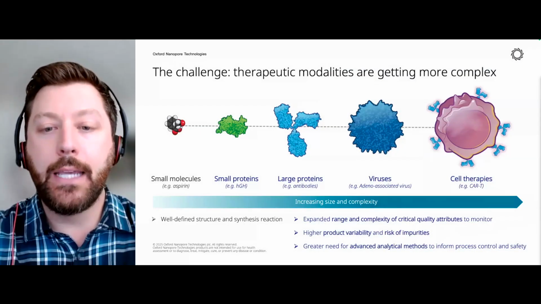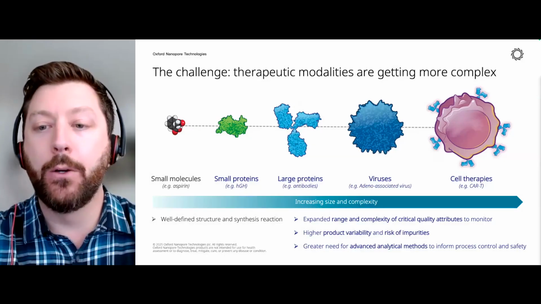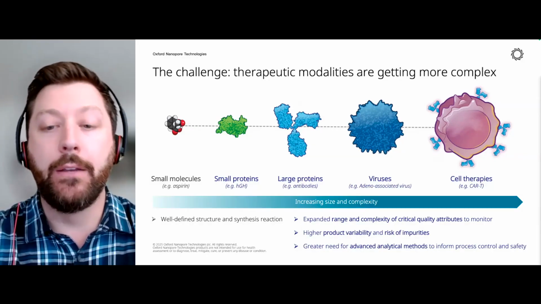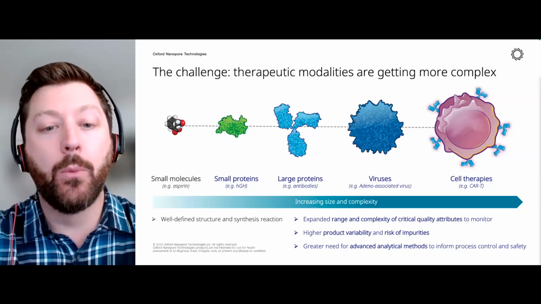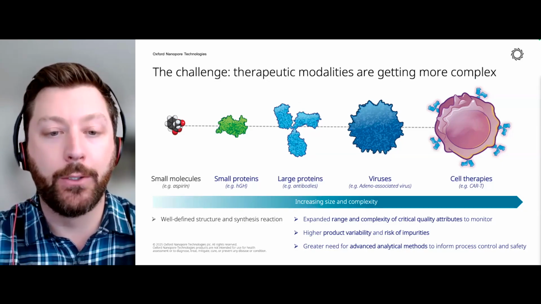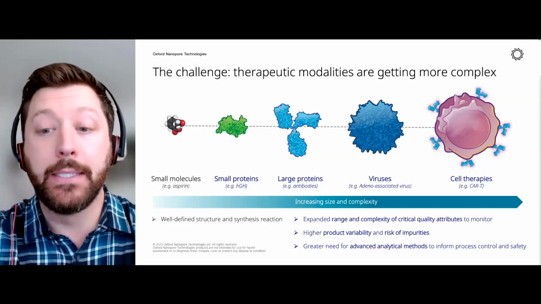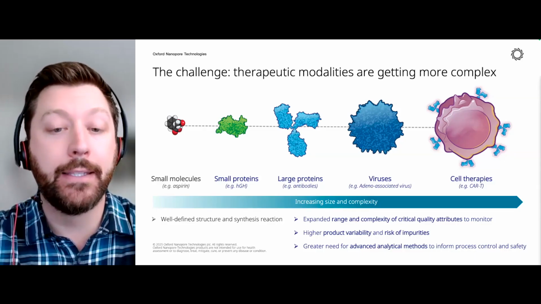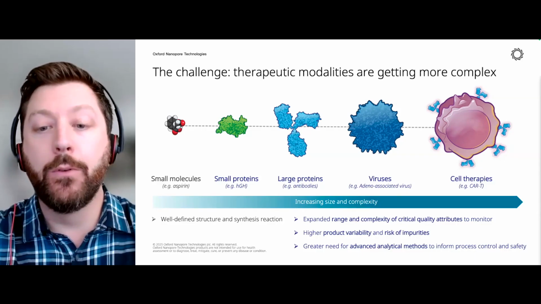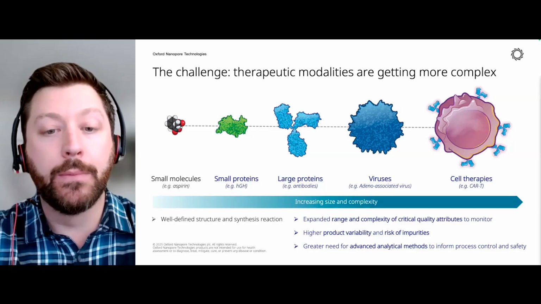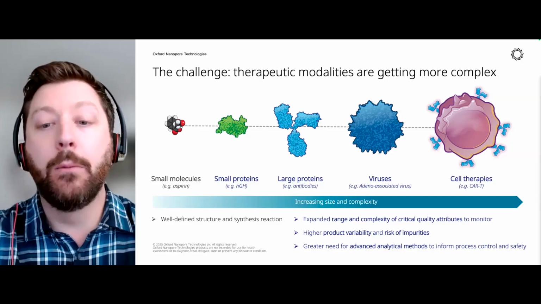As many of you know, the landscape of drug development has changed dramatically over the years. As biologically derived therapeutic modalities emerge and evolve, they're trending towards larger, more complex, and more challenging to characterize. On the left, you have traditional small molecules like aspirin, chemically simple, with well-defined structures and synthesis reactions. But as we move towards biologics such as small and large proteins, viral vector platforms, and cell-based therapies, the complexity